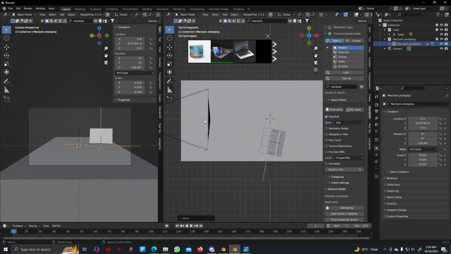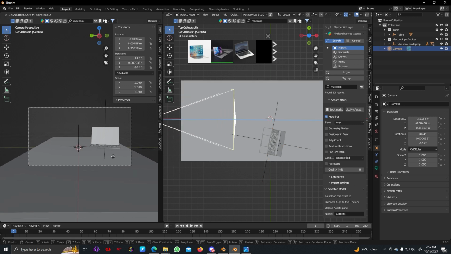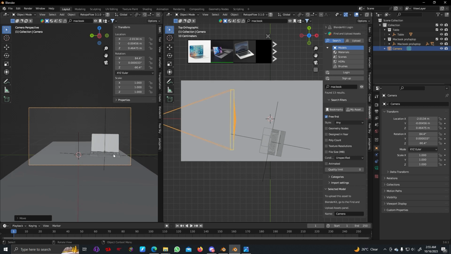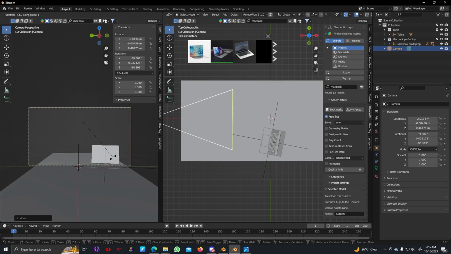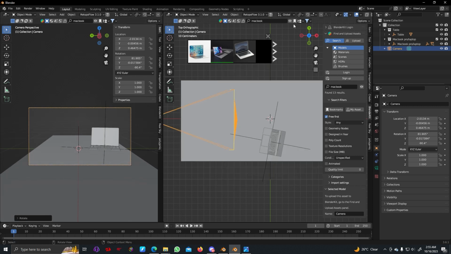We can actually zoom in a bit and go a bit up, then R, Y, and now we can,